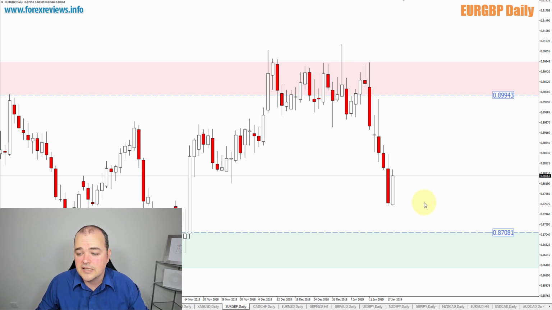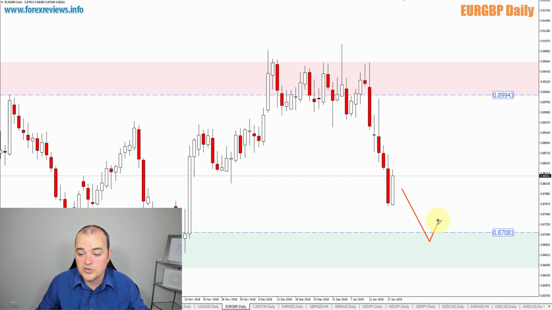And what I'd like to highlight is the 87 zone area, that this is a great potential long-term target area to the downside for all those people holding a sell trade on this market from the recent test of the 90-cent zone area. And also wanting to highlight the 87 zone area as not only a potential long-term target area to the downside, but also a great area on this market to look for a potential bullish opportunity in this area and look for a potential move to the upside, of course depending on the evidence